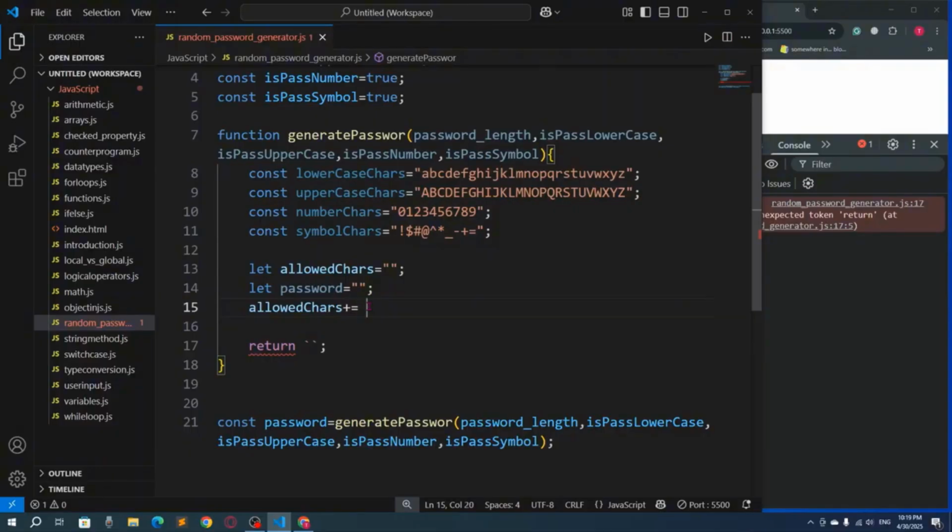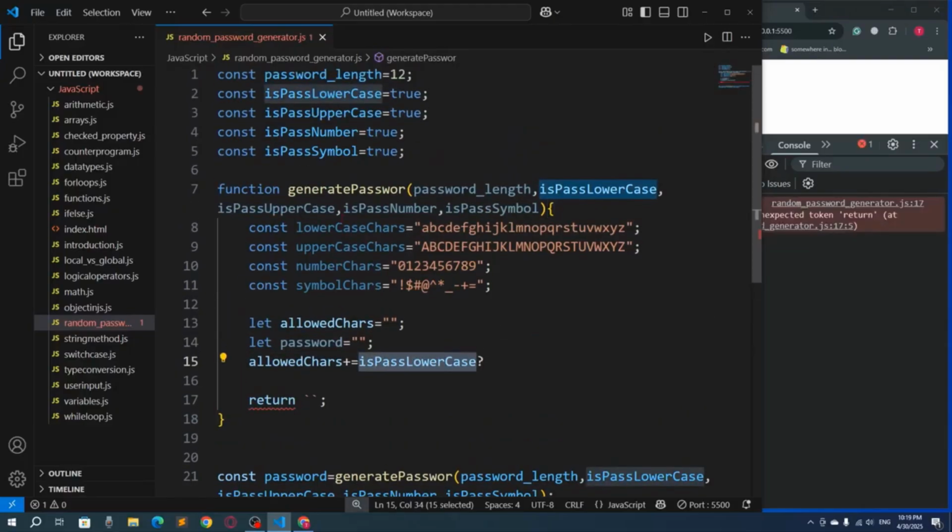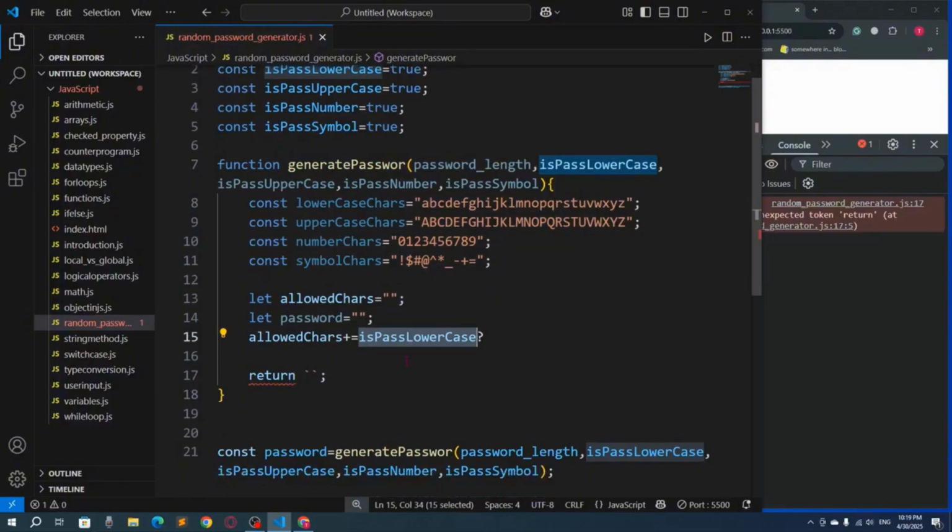So I'll explain, no worry. And here I'm going to say allowed character plus, and here we are getting is lowercase, I mean isPassLowercase, right? So I will copy it, and I will say here isPassLowercase, question mark. If it is true, because our isPassLowercase value is a boolean value, true, then we'll actually